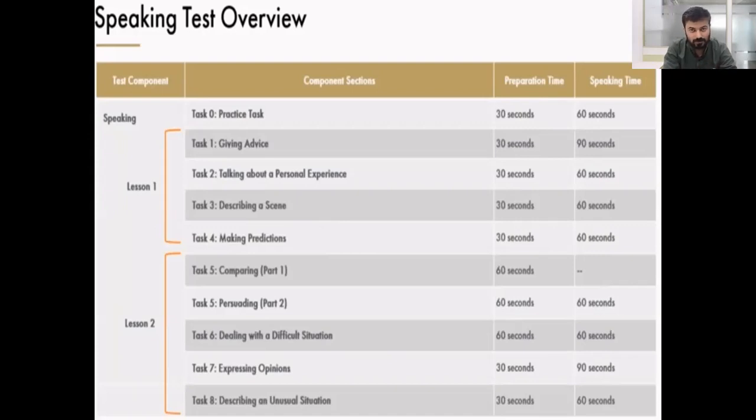Moving on with the fourth task. Here you will come across maybe two objects or two images, and you would have to predict what the previous scene that you came across would turn into as the new one. So basically, in task 4, you may come across the same scenario, the same scene that you came across in task 3.